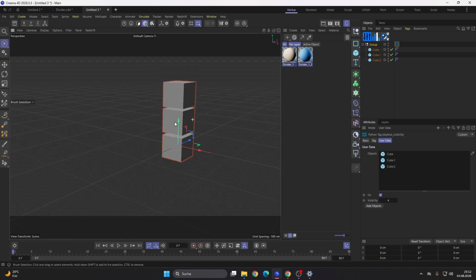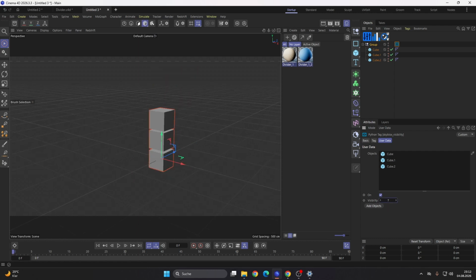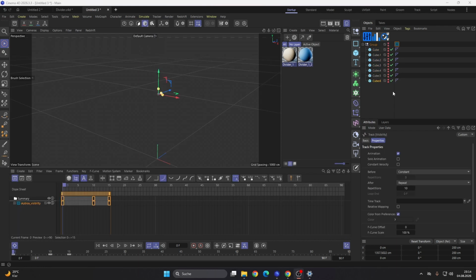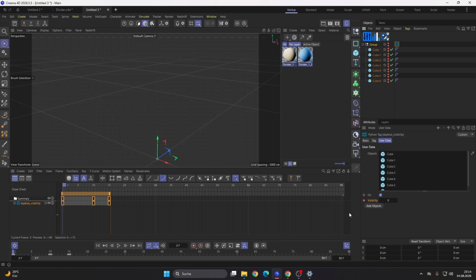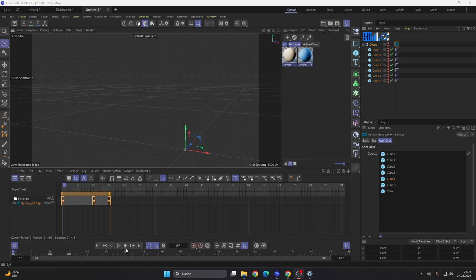So you can see you can use it also for motion graphics or something. And then if you have added a few more objects and animated, you get results like this maybe. So it's a cool motion graphics thing here. But you can also change the order or something like that is also possible. So this is just how you can use this tag.